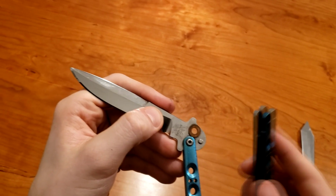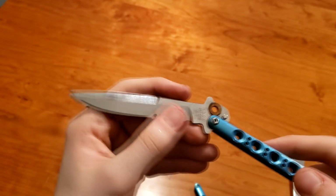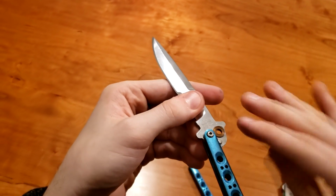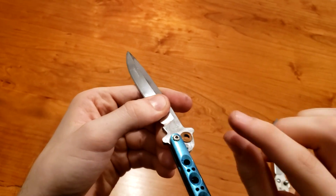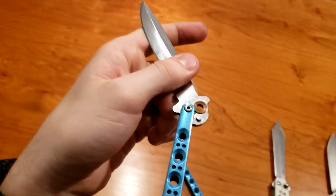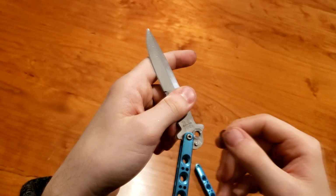And all that, the very older balisongs and older knives use this. They just put two washers on there, one on each side, and you lube it up, and it sort of makes a barrier, makes the tolerances better because there's a chunk of metal holding that in there, and it makes sure that you don't just wear away the blade or the inside of the handle. Now, the original washer system was in play for a long time. It's pretty nice,